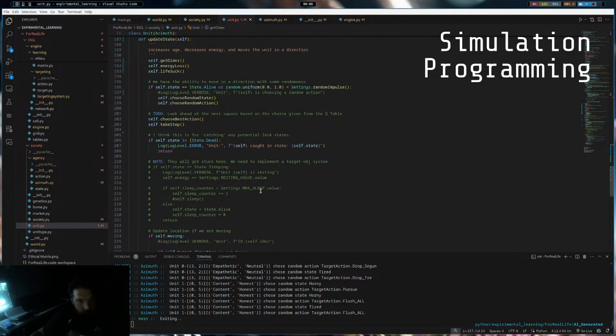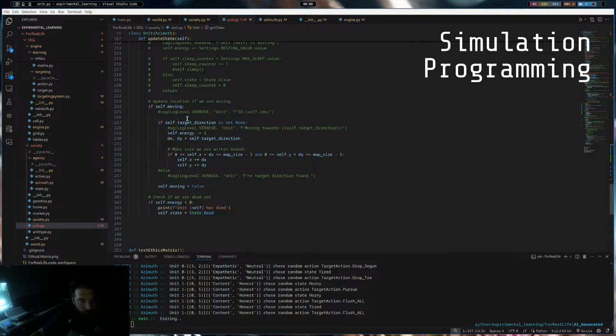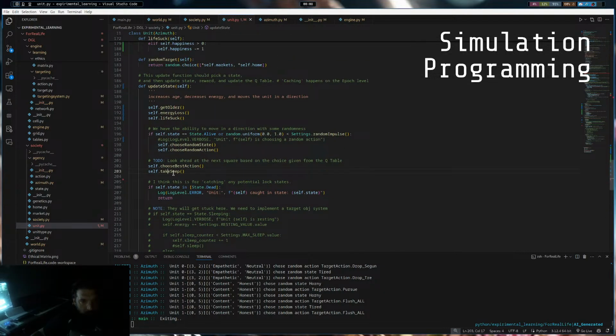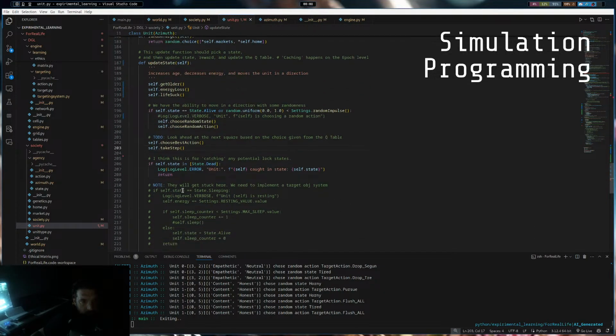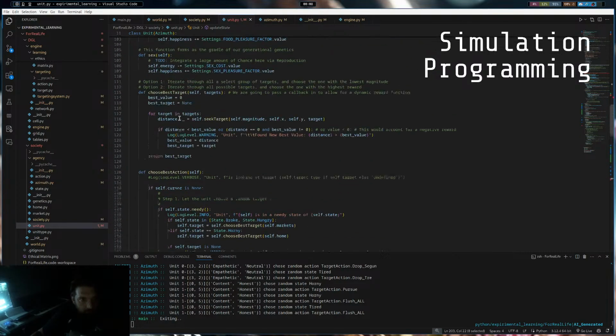So these things are, I mean, we're programming this in ways people might not like, but the target's not none. We move. So this should actually be called,